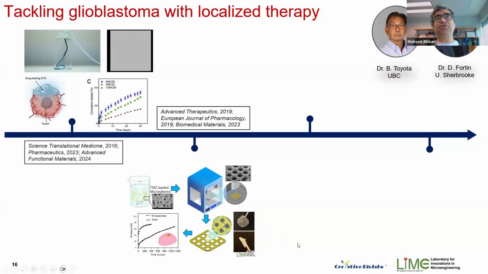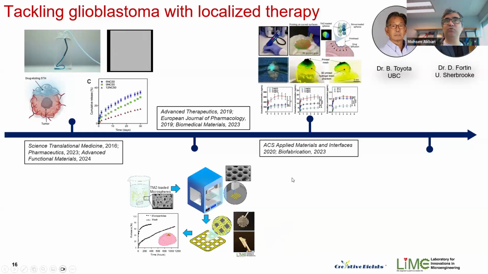These are degradable materials, and they deliver their payloads for up to a few weeks. And then to even improve the delivery system, and remove the need for transferring the 3D printed constructs from the 3D printing machine to the site of the surgery,